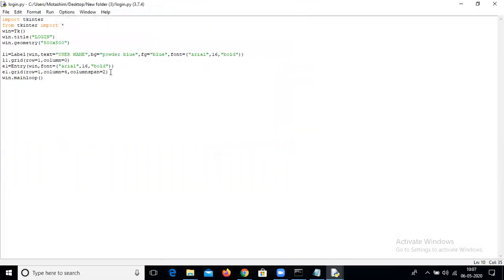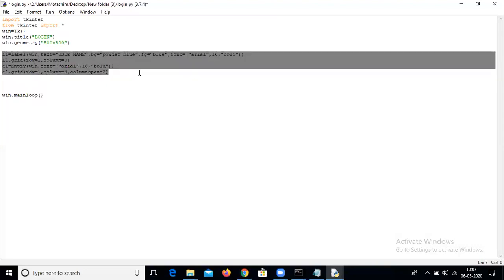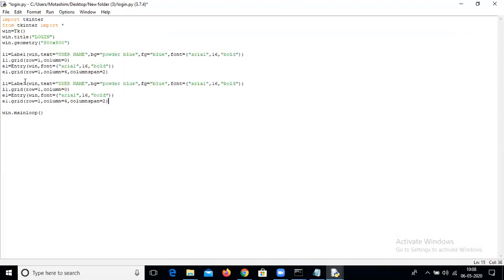Now what are we going to create? We are going to again create the new label, password, and for that entry just copy this and paste it here. This is the most advantageous thing in any programming language. Computer science is all about copy and paste.